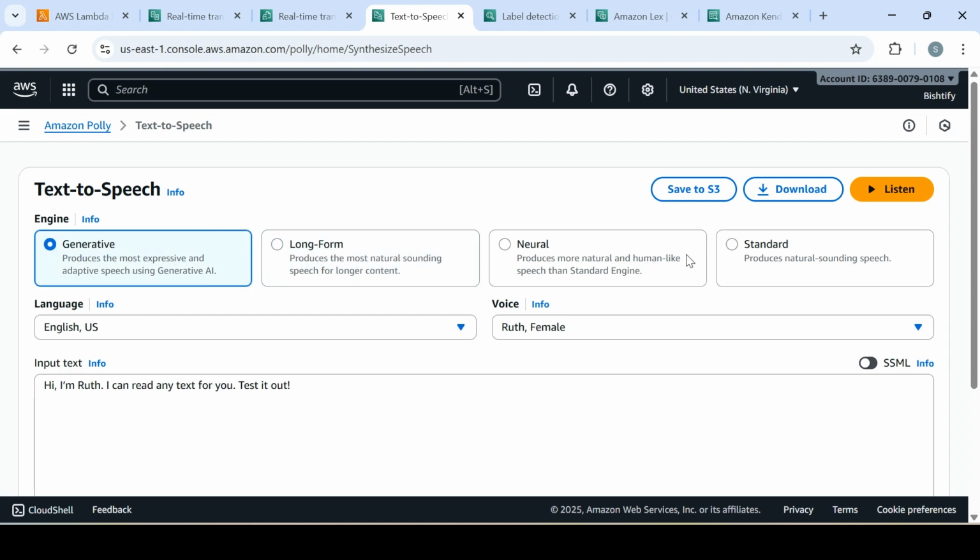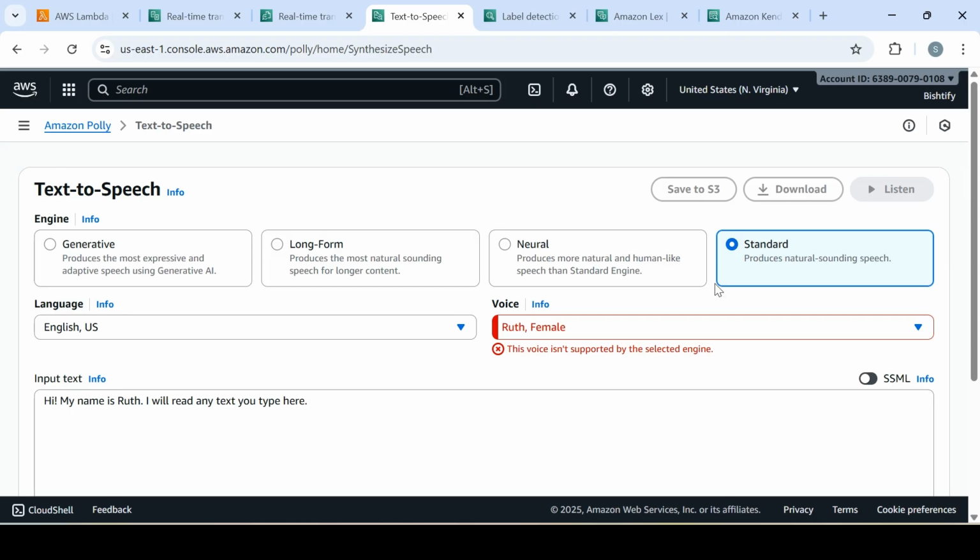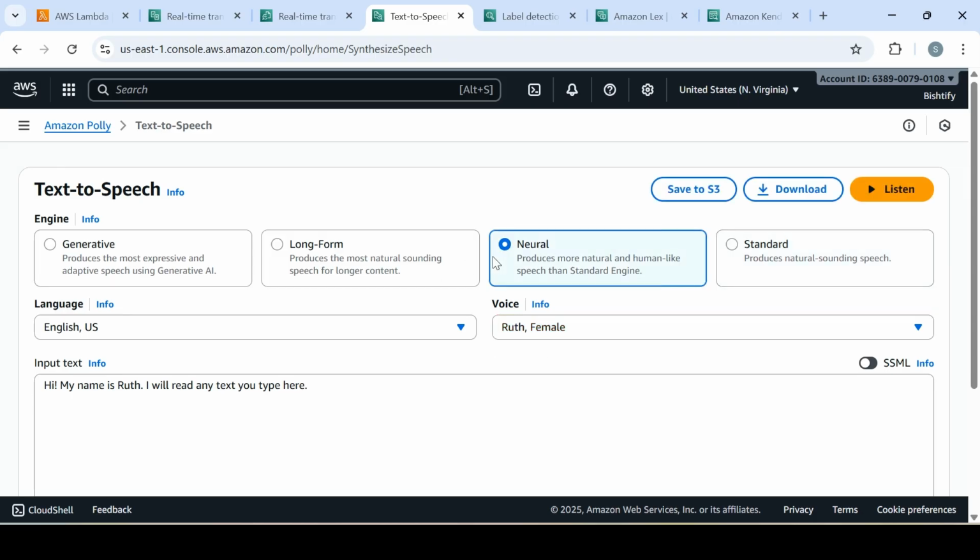And if you would like humanlike speech, then neural. And if you would like natural sounding speech, you can set standard. All right. So voice assistants, if you have seen one somewhere, are based on this kind of